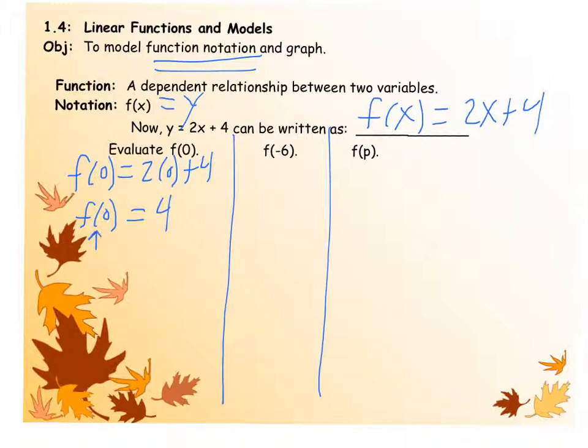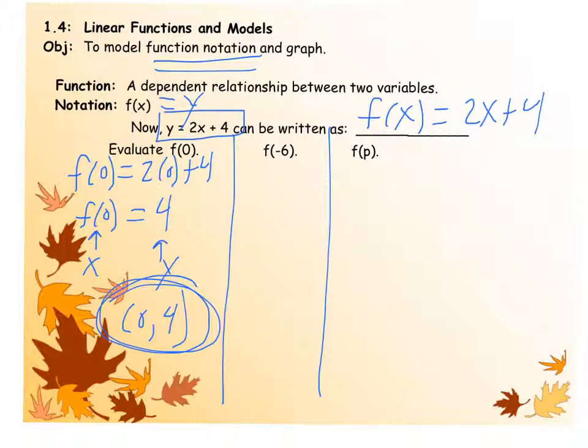Now remember, 0 here is an x value. f of x equals a y value. So what this notation states, and this is one of the strengths of function notation, is that in that one statement, it tells me that the x value of 0 is paired with the y value of 4, meaning this coordinate point, 0, 4, is a solution